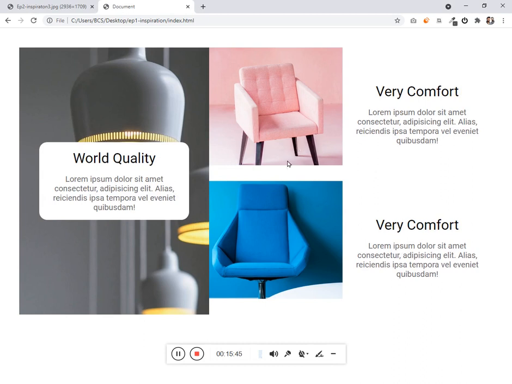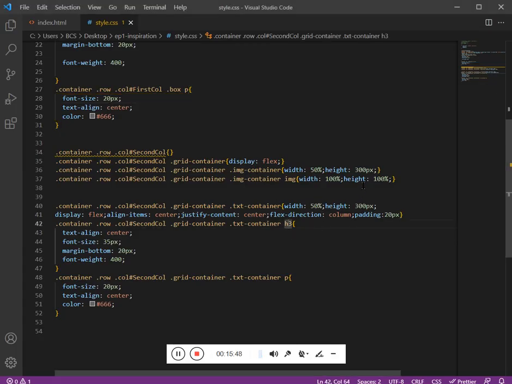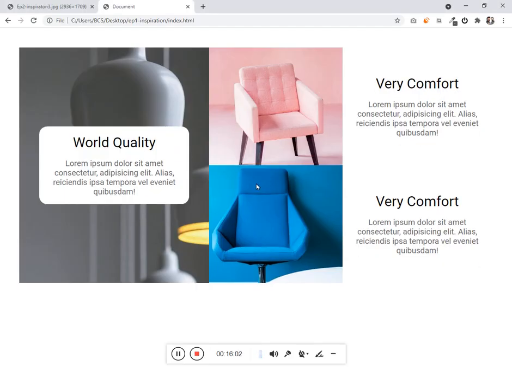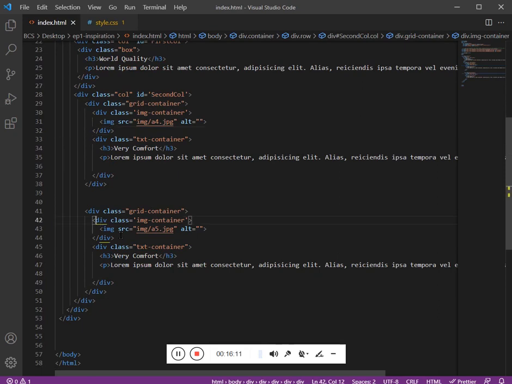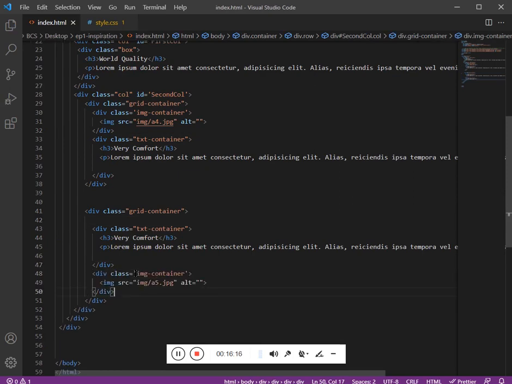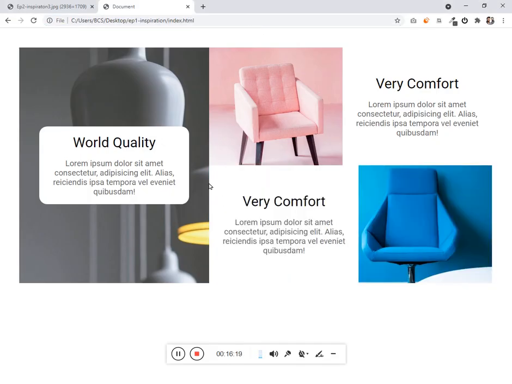Now what else we need? Let's make the height 100% for the container. Sorry, what do we call? We'll remove the height from the text container. Let's check. Yeah, that is working. This is given 300 pixels, so it fits accordingly. Now we just have to change the section. So image should come after the text content for the second grid container, and I need to fit this. So how we can do this?